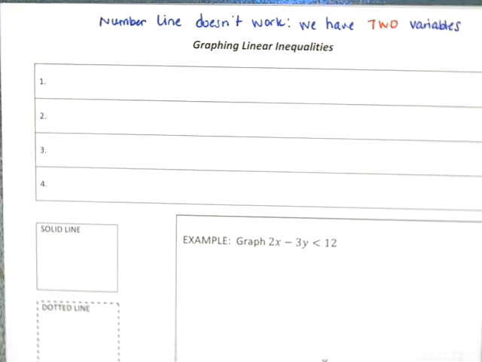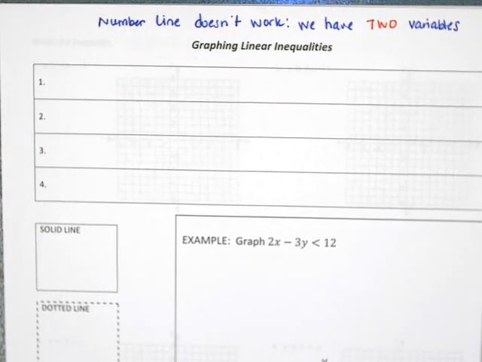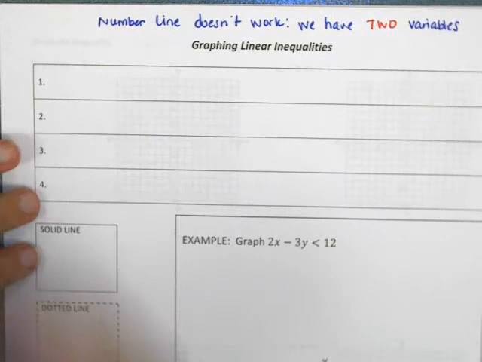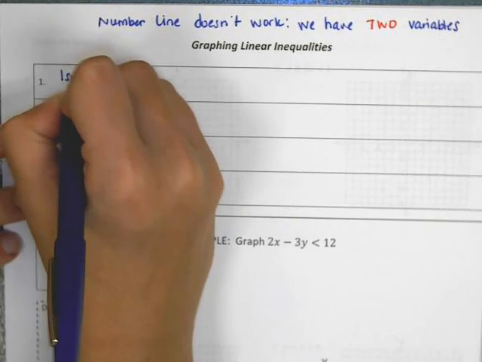Which means instead of using a number line, we're going to be graphing these lines on a big grid like we did when we learned how to graph lines that had equal signs, only now they're going to have inequality symbols. The first step is to isolate